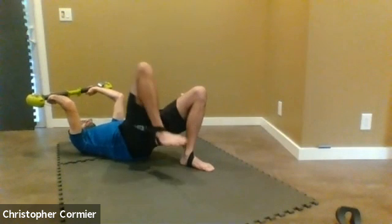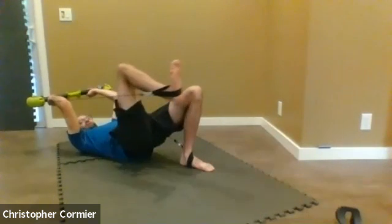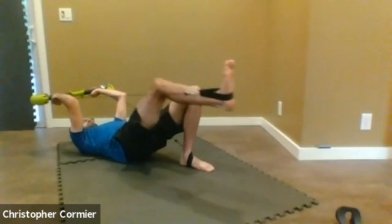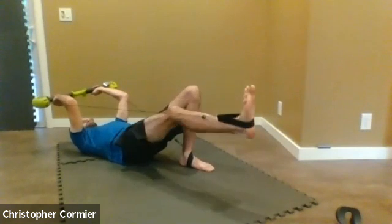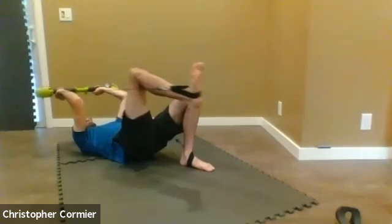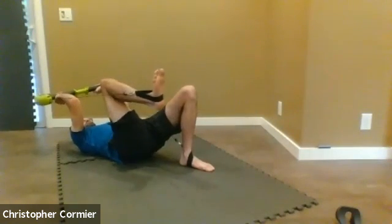Now from here, let's bring your right leg to tabletop and straighten your right leg out. You're keeping your elbows bent and you're drawing your shoulders away from your ears. So you want to try to be pressing your elbows towards your knees, down. Good. For 5,